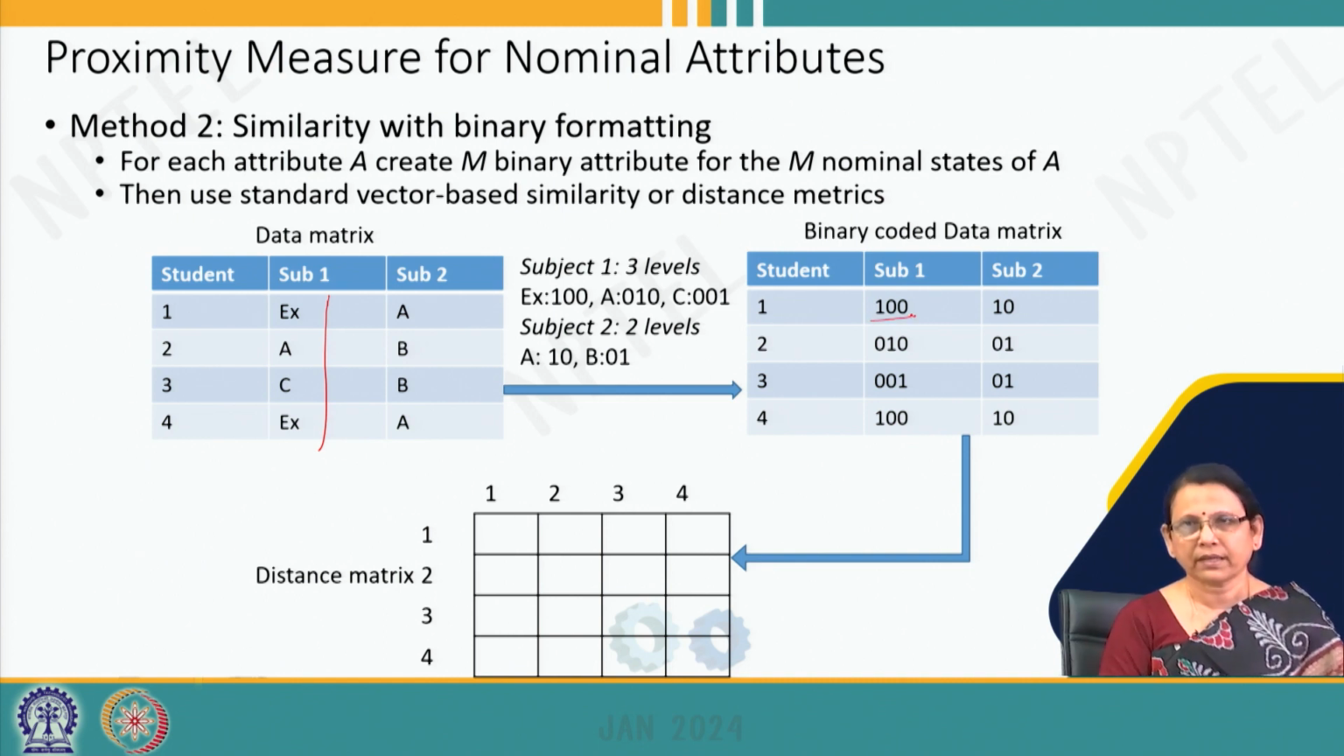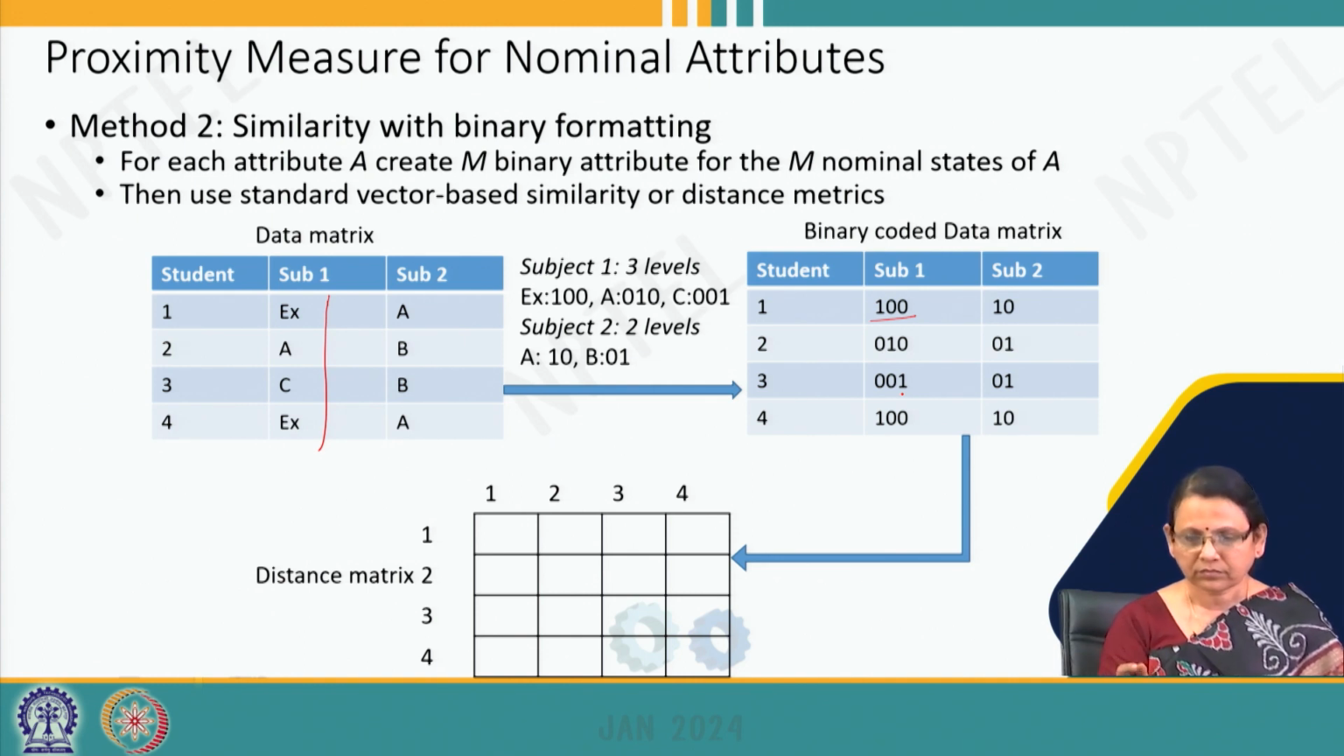3 binary values. So, let us say to Ex we give 100, to A the middle one becomes 1. For C, the last one becomes 1. So, had there been 4, what we would have done? The first one would have been 1. In the second category, the middle one, the second position, would have been 1, and in the third position would have been 1,